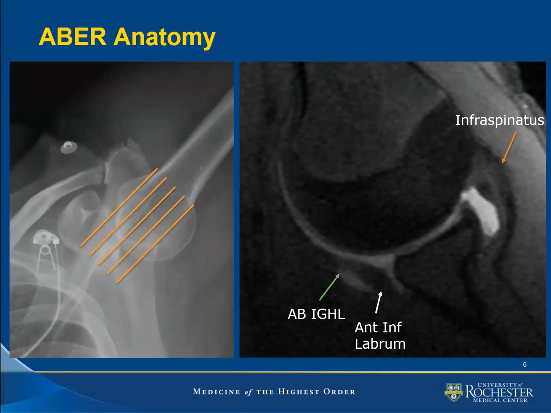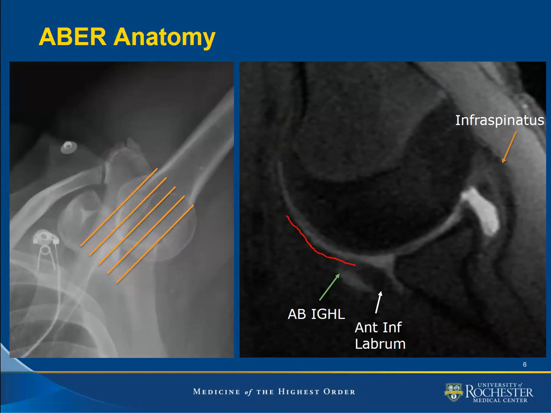Now, when you place a patient in this ABER projection where their arm is behind their head, it's important to understand how this will distort anatomy on the MRI sequence. The important structures to be aware of when you're looking at the MRI of the ABER anatomy is the anterior band of the inferior glenohumeral ligament